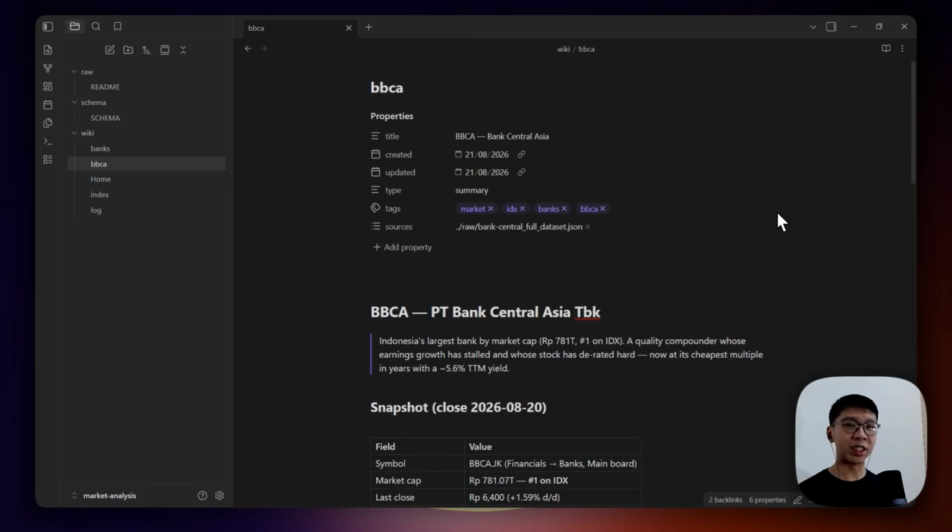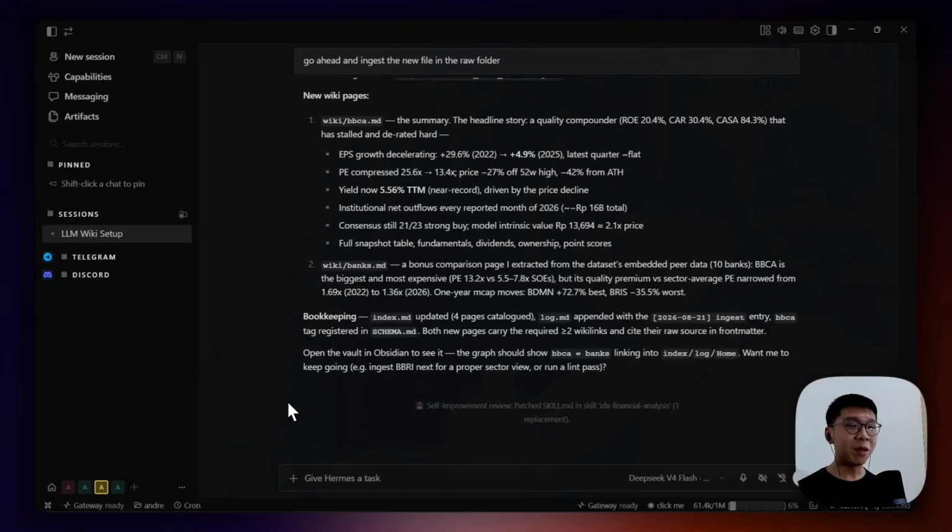But that's for the singular agent, I should say. Now we're going to move on to the multi-agent functionality of Hermes. To get the multi-agent set up, what you want to do is go ahead and visit the bottom left-hand corner